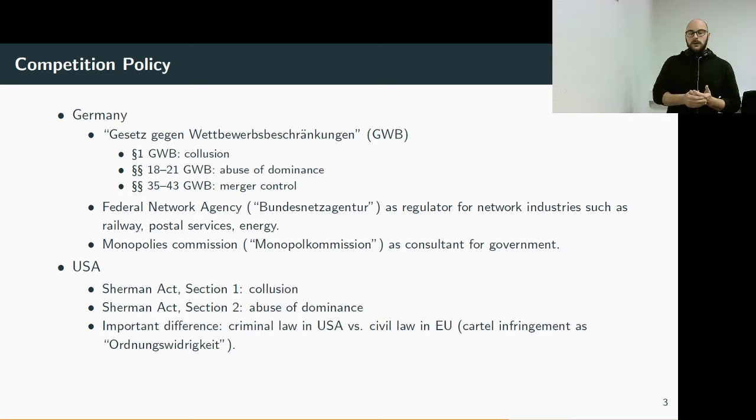The Federal Network Agency is a regulator for network industries such as railway, postal services, and energy, right? Currently, in the energy crisis over the course of the Ukraine war, the Federal Network Agency is in the media pretty much every day because it monitors the gas consumption